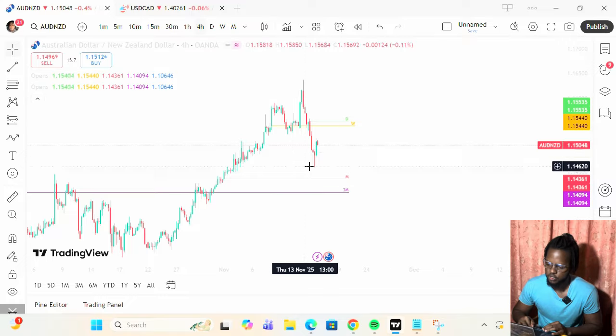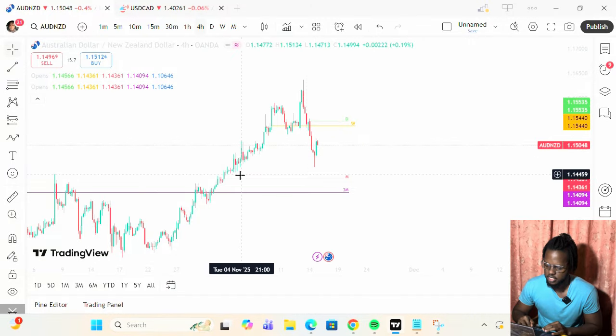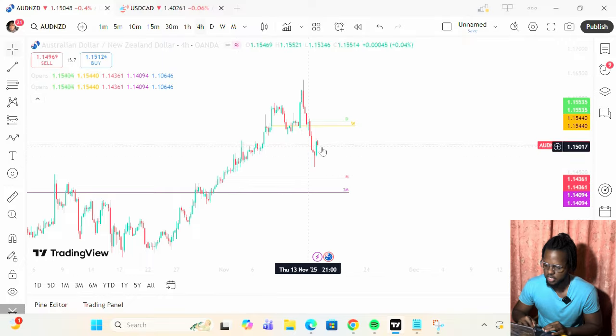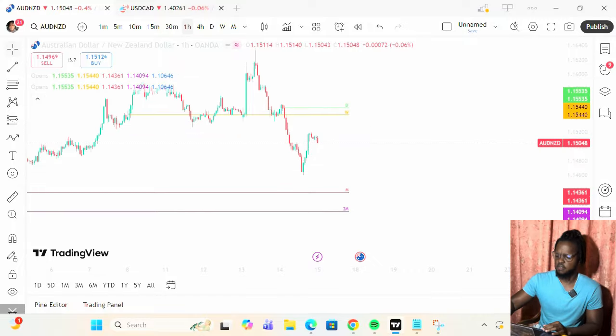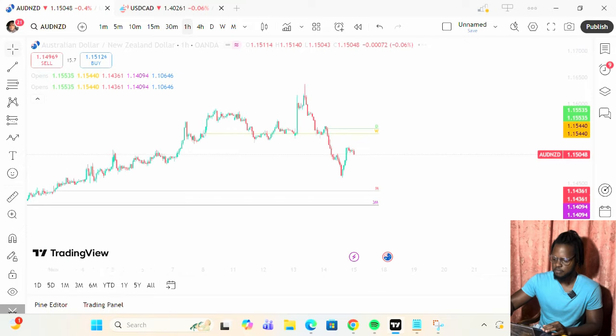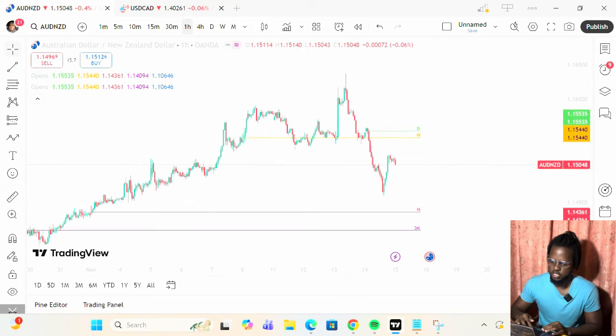But it could very well just go from here, because this is a nice wick. You can see where it closes, it takes out all this liquidity and then closes right back here in line with this, and then we see the big strong green engulfing candle. So that's a sign that buyers are stepping in. But I'd be more cautious with this. I'd definitely be more cautious. I wish we came at least to the monthly open. That would give me more reason to.